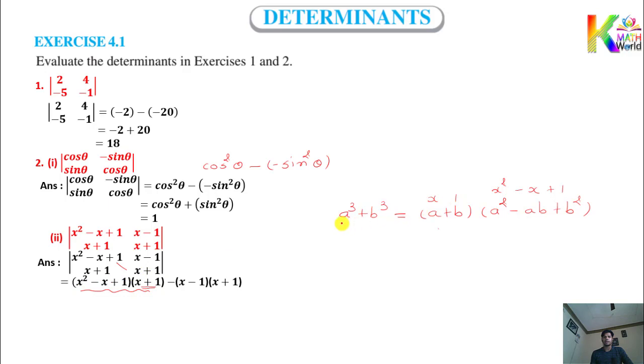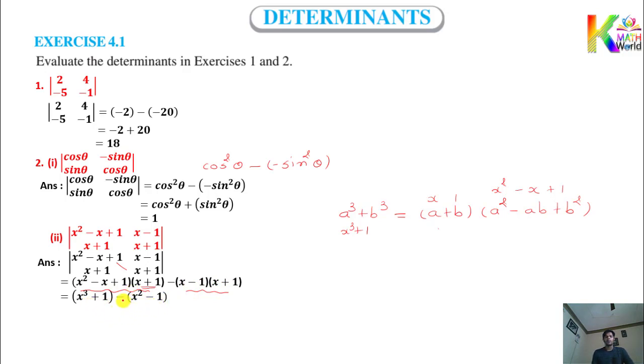So what will be the answer? A, that is x, and b, that is 1. You got x cube plus 1. So the answer of this one is x cube plus 1. Hope you remember the formula for this. A minus b into a plus b, basic formula, so a square minus b square. So you can see here, x cube plus 1 minus x square minus 1.